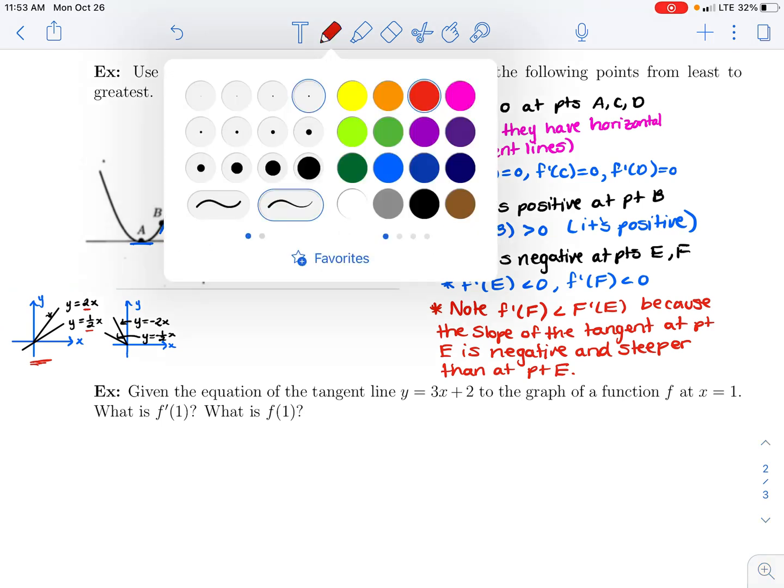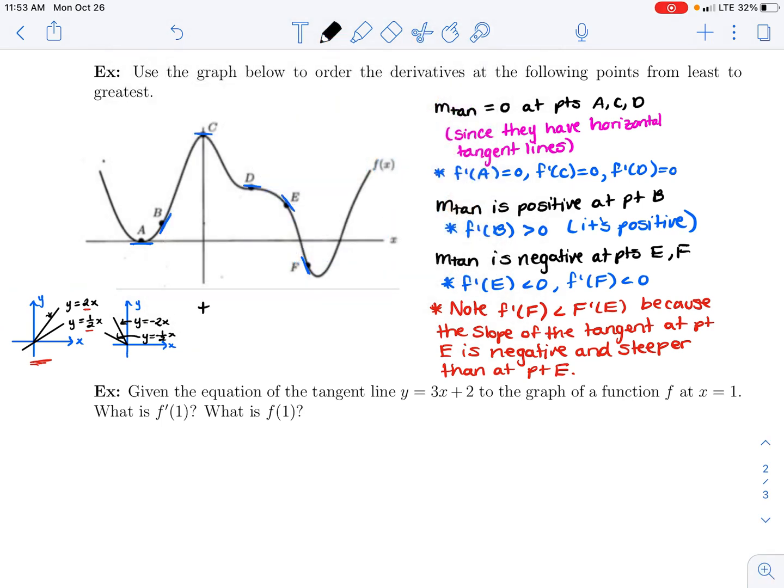My biggest one is going to be the derivative that's positive. So f prime of b is the biggest. And then from there, I have that the derivative at a, the derivative at c, and